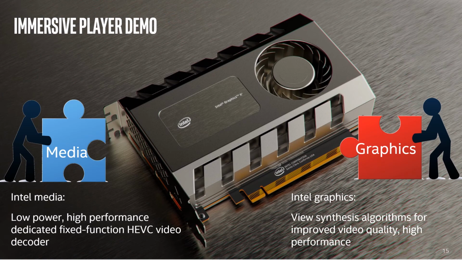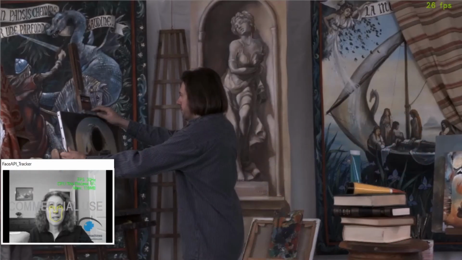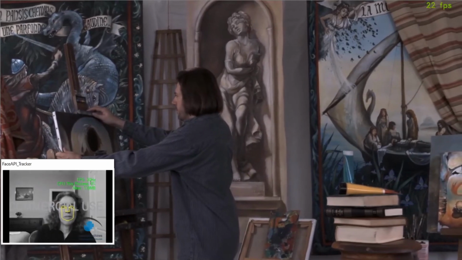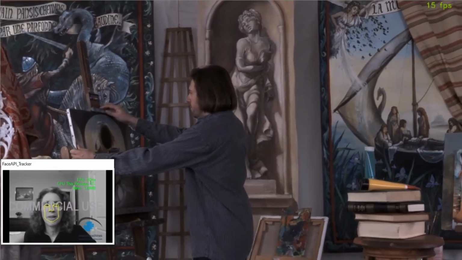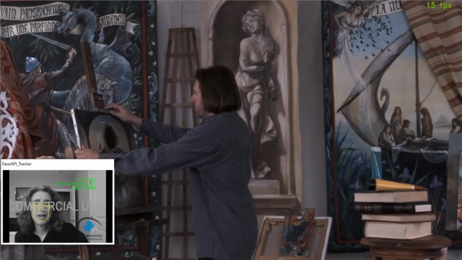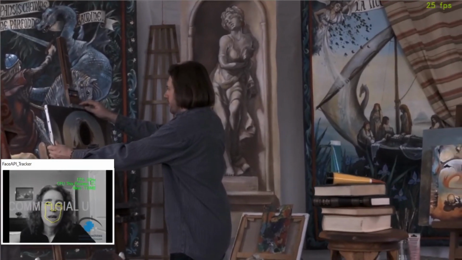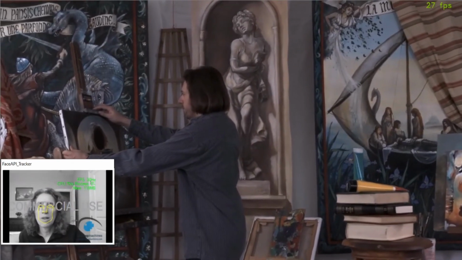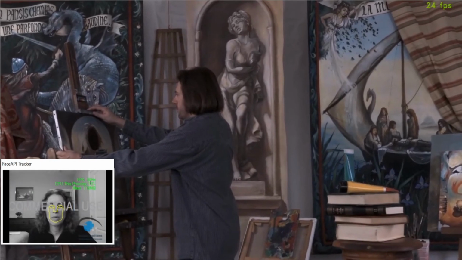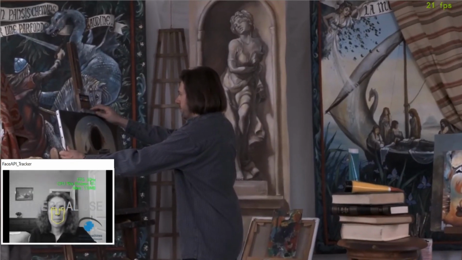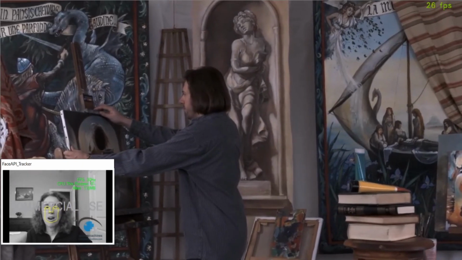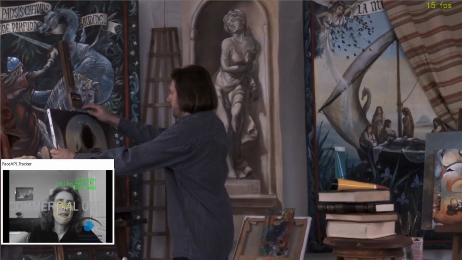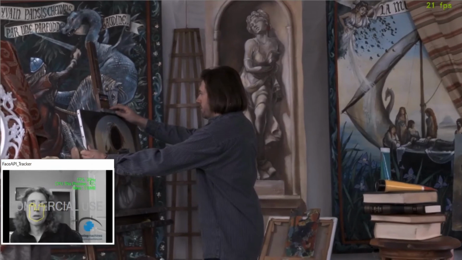I'm going to show an immersive player demo. And here's a scene that was captured by 25 cameras in a 5x5 grid. And in the lower left corner, you can see there's a face tracker. So here's me live as I'm moving around. And as I move from left to right and up and down and all around, my position with respect to the scene changes. And hence, what is actually shown on the screen changes. If you look on the lower right, where there's a stack of books and some paint tubes, that's where it's most visible because it's the objects that are closest to the camera. So as I move around from left to right, the relative position of these books and the paint tubes with respect to the background,